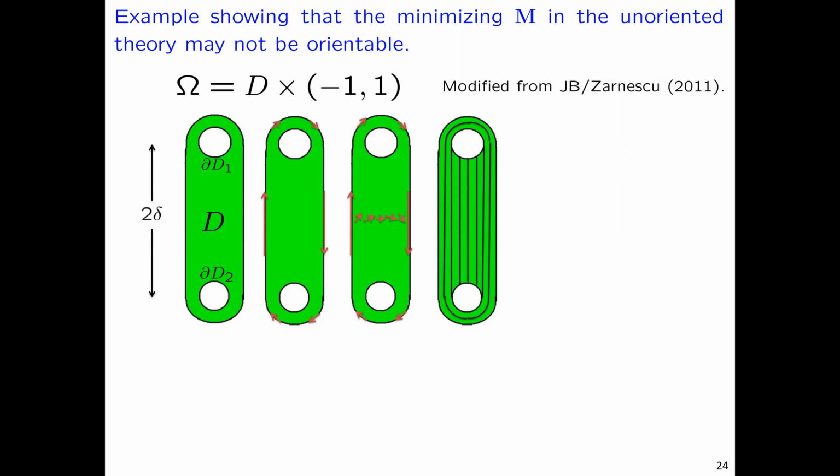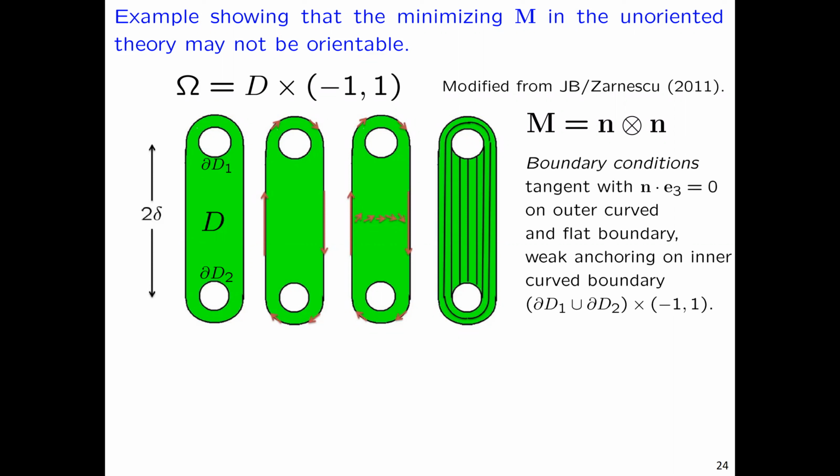There's the curved surface around the outside, and there's the cylindrical surfaces of the insides of these cylinders. So now I'm going to impose some boundary conditions. So M is n tensor n as usual. So the boundary conditions are going to be that on the outer boundary